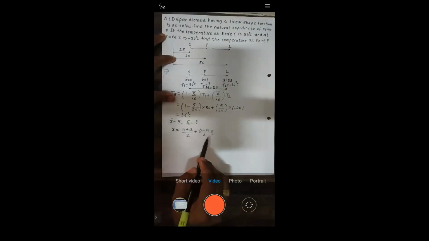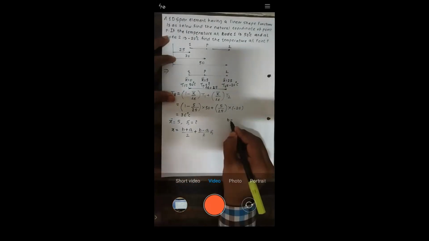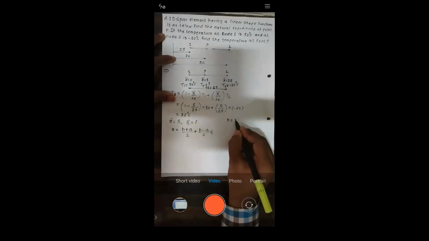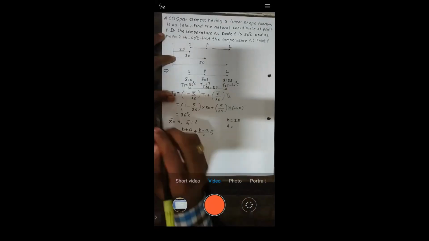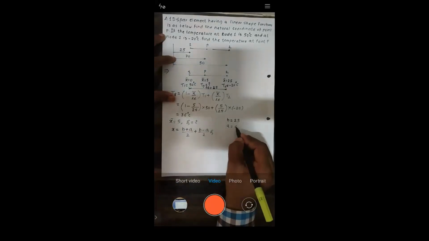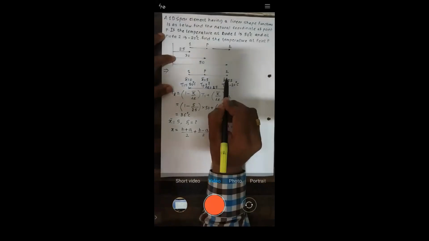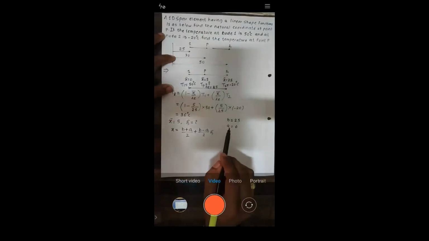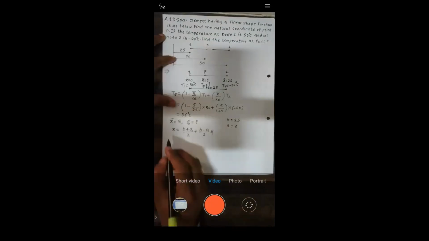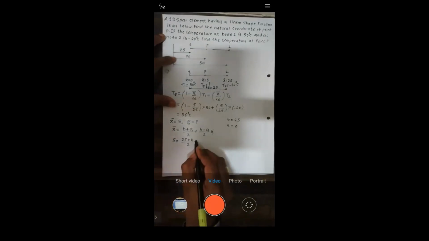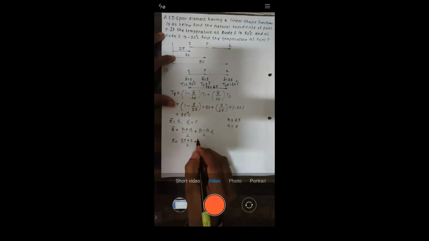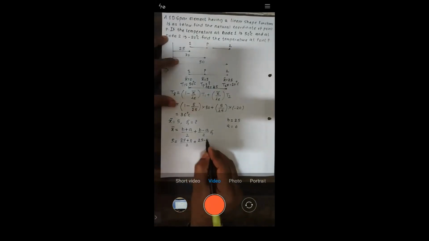Now what are B and A? B is nothing but your extreme limit, it is 25, right? A is your minimum value of X bar, it is equal to 0. B is your maximum limit and A is your minimum limit. The value of X bar you know, that is 5. So 5 is equal to (25 plus 0) by 2 plus (25 minus 0) by 2 zeta, right? Yes or no?